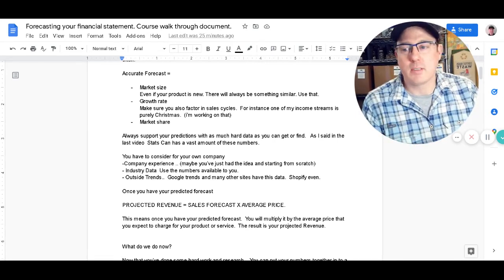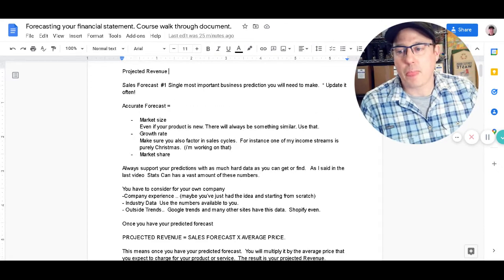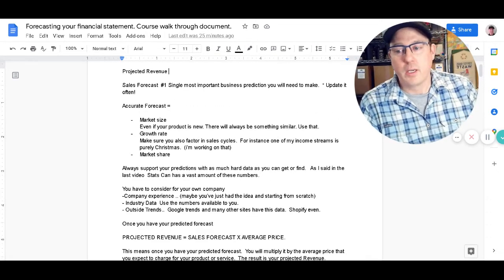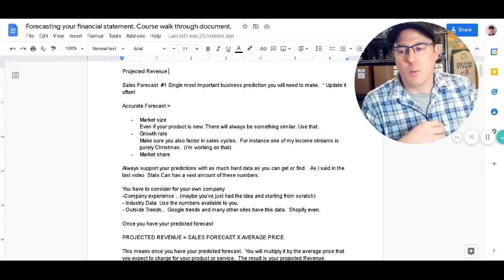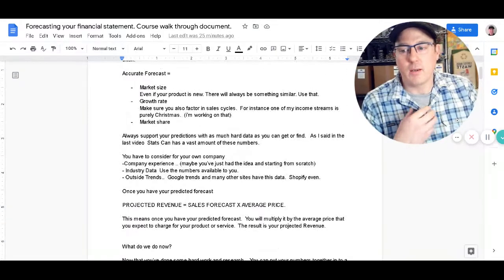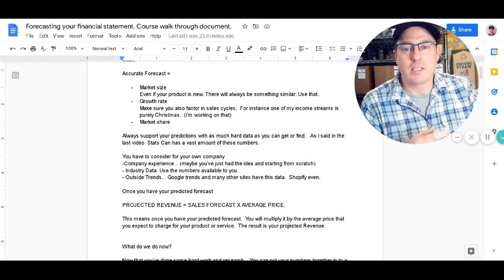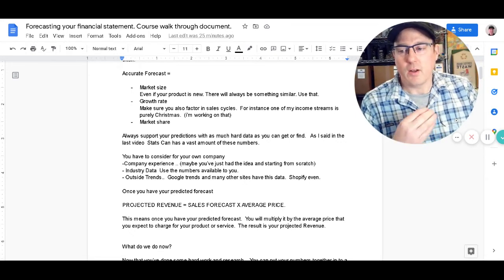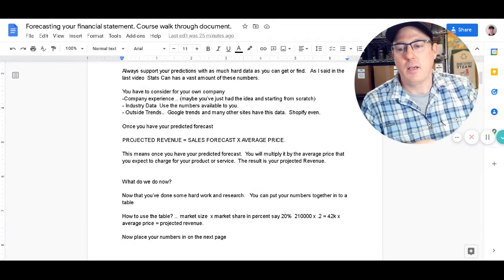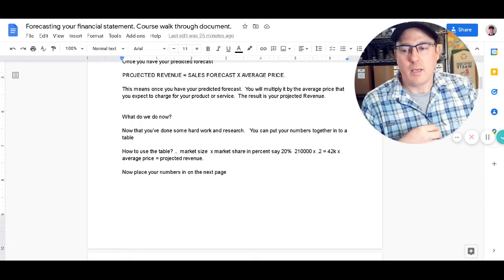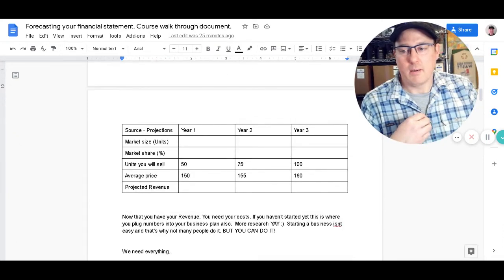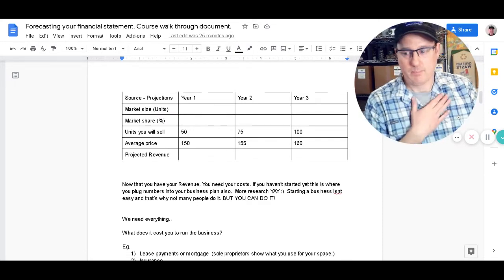or multiple tables in my case. So you're going to take all that, and you're going to figure out what you're going to price your product at. You're going to try and figure out what your cost of goods are, what your cost of business is, and you're going to get all that stuff. So you're going to figure out what your revenues are. You're going to figure out your market size, market units, share.